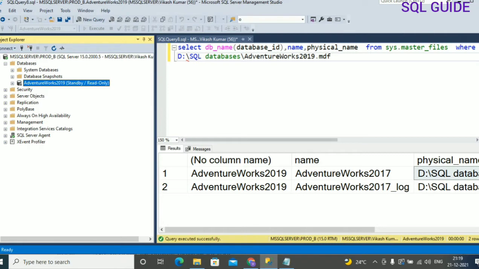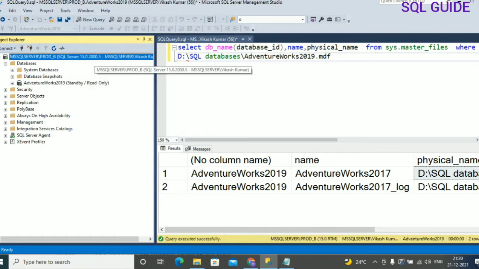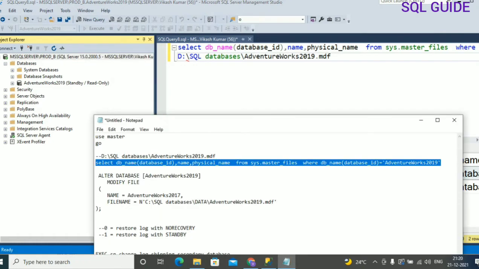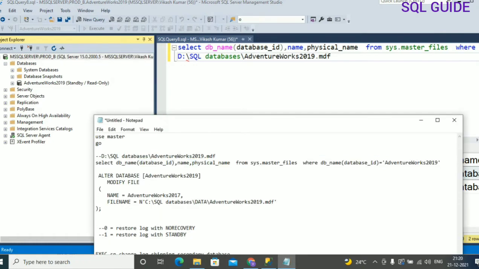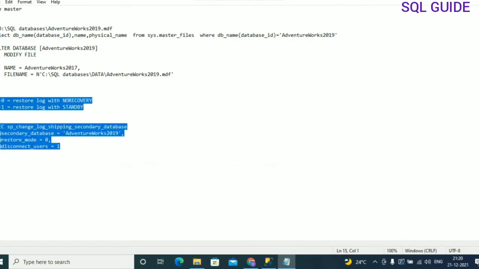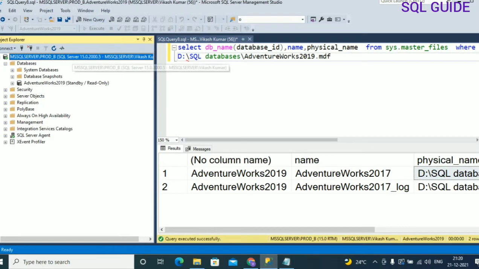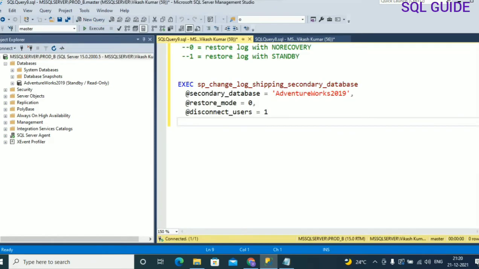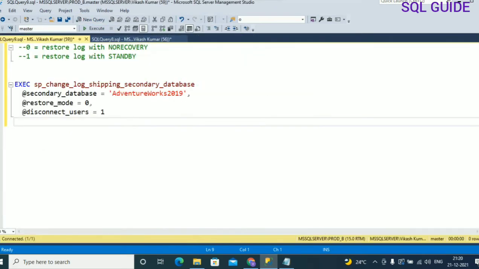To change a standby read only database to no recovery, you have to use this command. Execute sp_change_log_shipping_secondary_database.